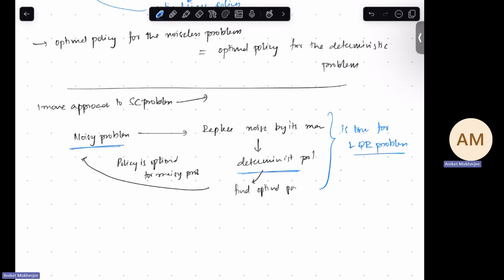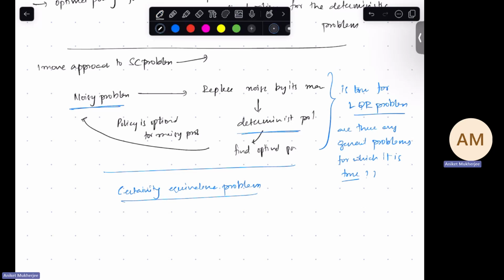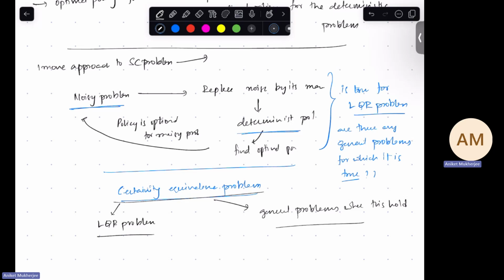But are there any more general problems for which it is true, right? So this equivalence is known as certainty equivalence. And we know that this holds for LQR problems. But are there any more general problems where this holds? We know that this does not hold for all problems because we saw